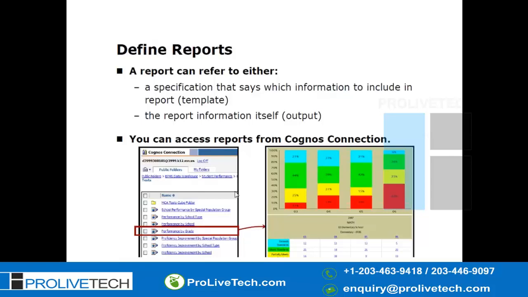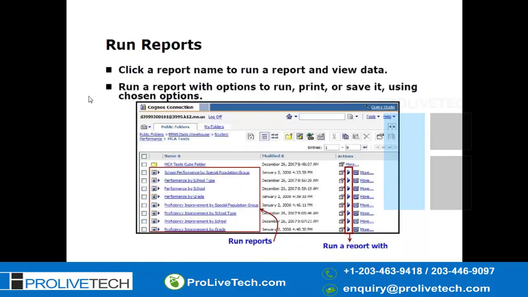And also you can access reports from Cognos Connection. You just need to click on this particular report to see the output. Any of these links, you just click on it so that it will run the report directly. But the difference between this and this is, it will run the report by default in HTML.